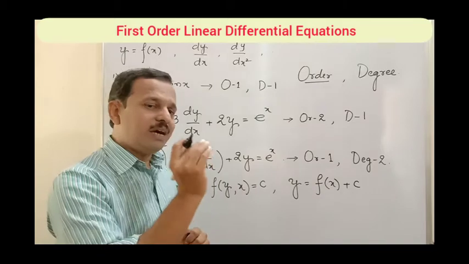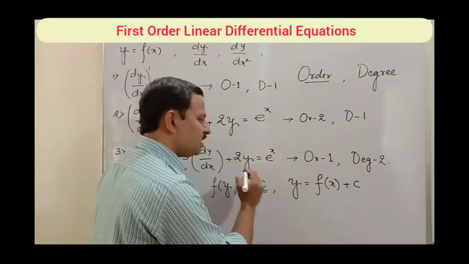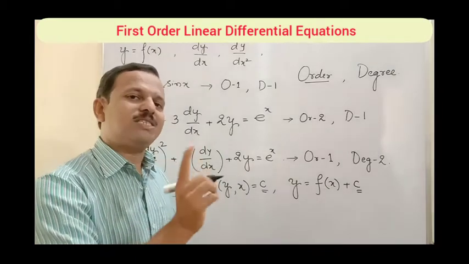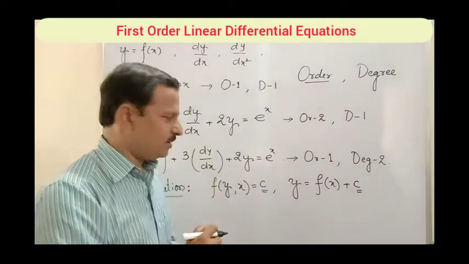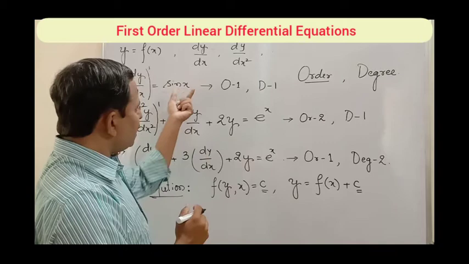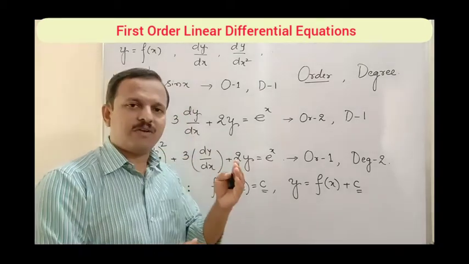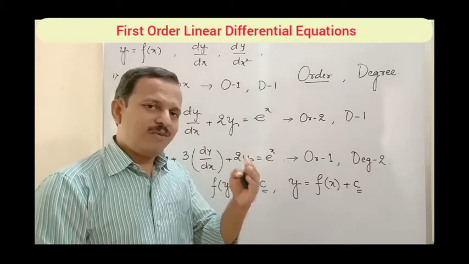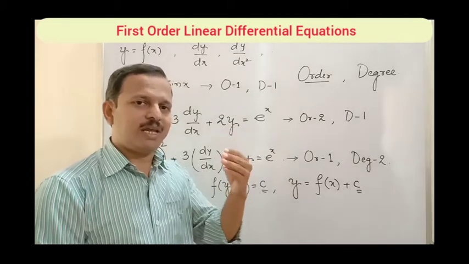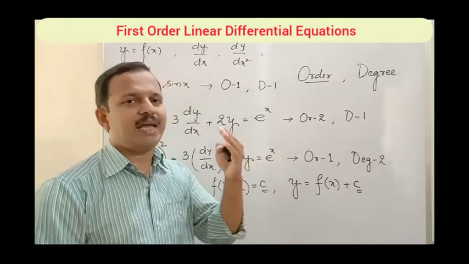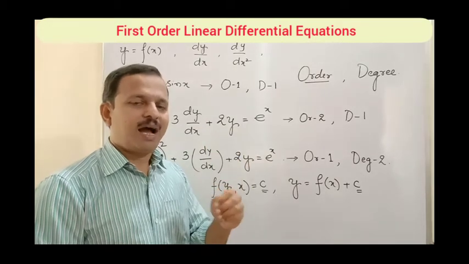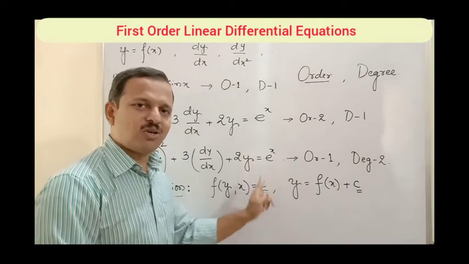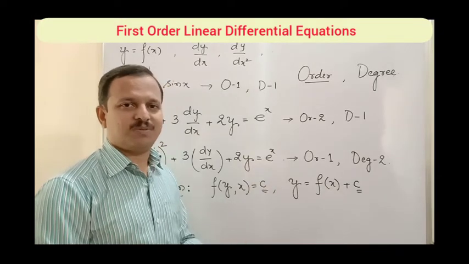Now here we have to observe that c is appearing. So why c is appearing and what that c actually is, we have to understand. The method of solution of the given differential equation involves the process of integration. When we perform the process of integration, we will get a constant of integration, and that constant of integration is this c over here. It is also called the arbitrary constant.